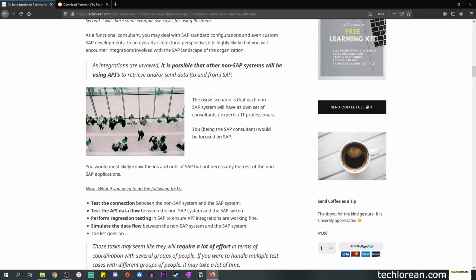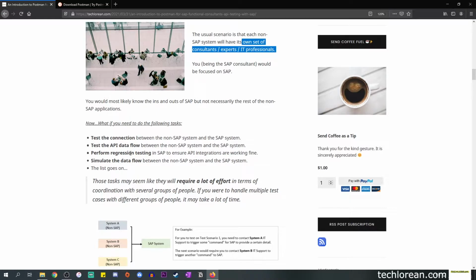I also mentioned that the usual scenario is that each third-party system will have its own set of experts or IT professionals that pretty much know the ins and outs of that system. And you being an SAP consultant, you would be, of course, focused on SAP. You would know the ins and outs of SAP, but not necessarily those third-party applications. This is where the challenge kicks in terms of the type of testing or the type of tasks that you